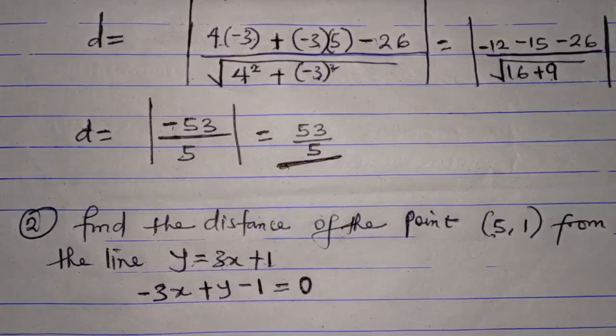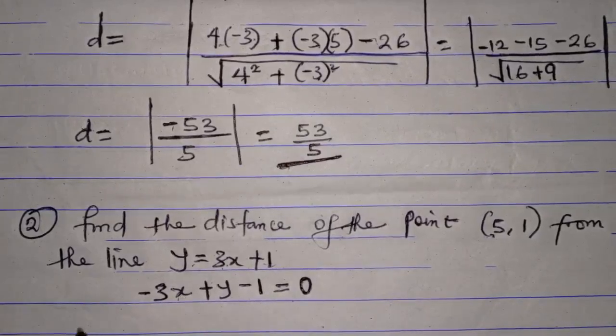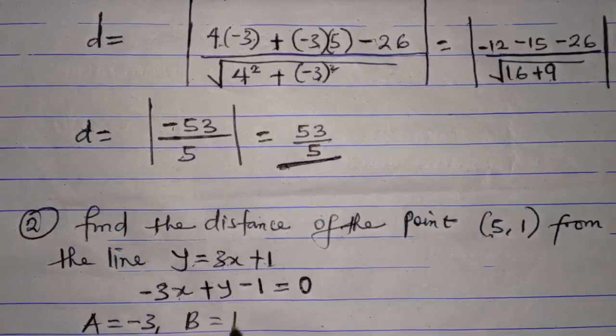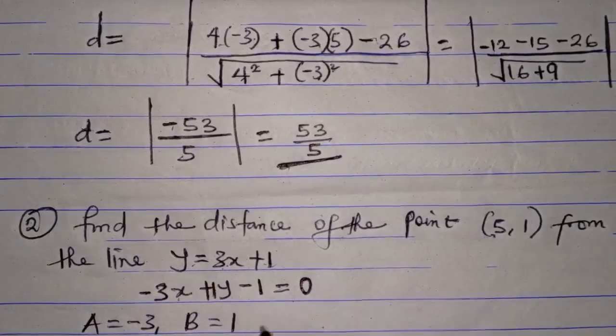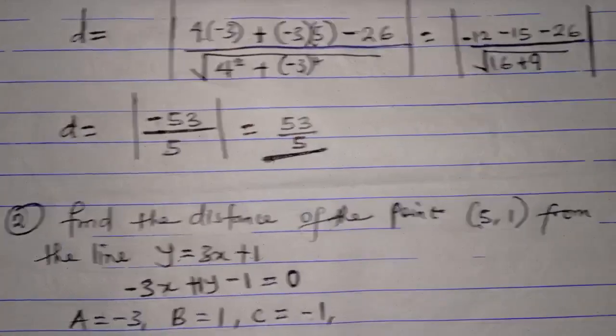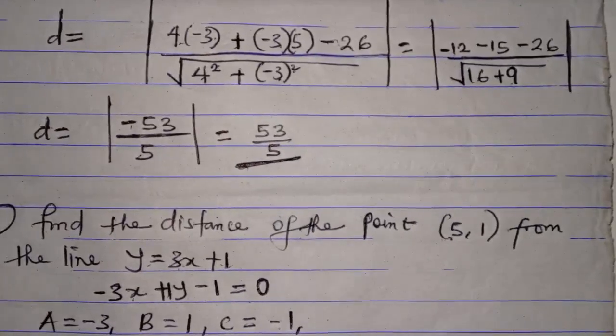Comparing this equation with the general one, a is minus 3, b is 1, which is the coefficient of y, and c is minus 1. And for the point, x1 is 5,